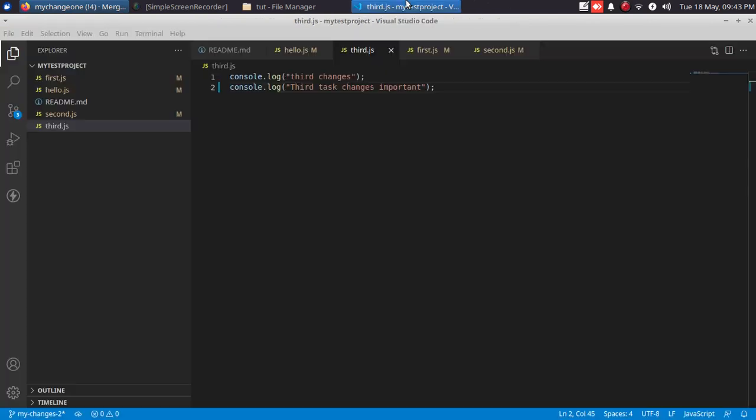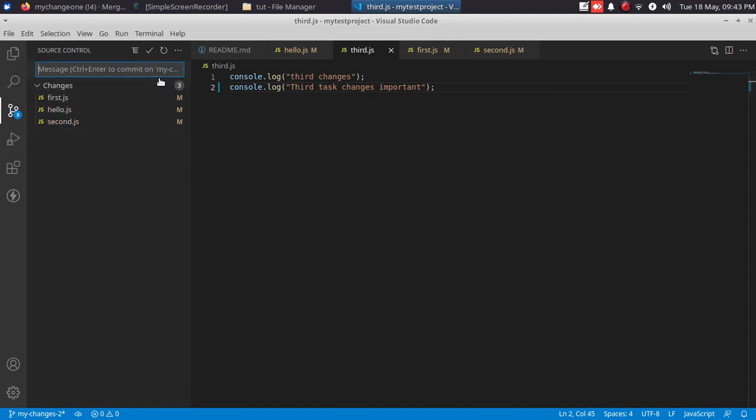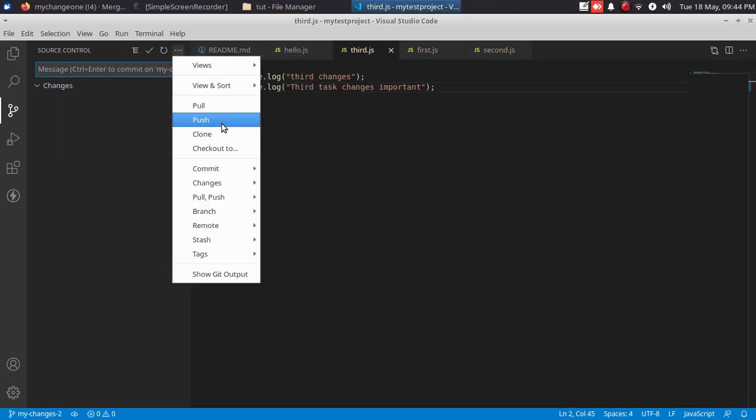Okay, so now consider I am pushing these changes. I am adding everything at a single hit. Okay, I'm just committing the changes. Okay, I'm just pushing the changes.